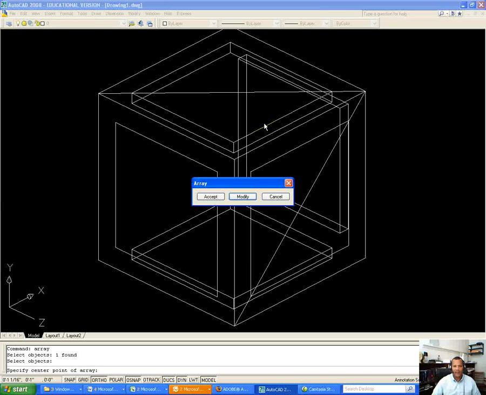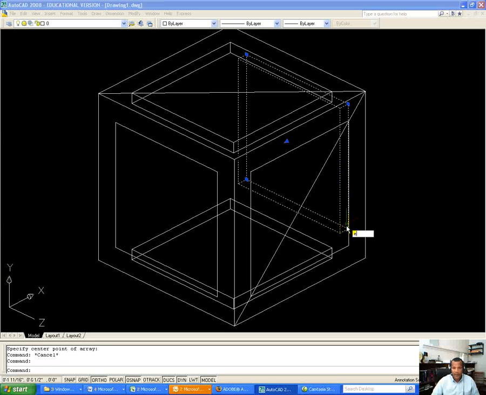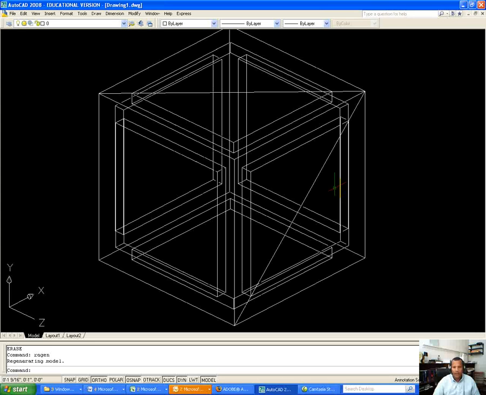Notice that objects here, here, and here appear, except now we do have one duplicate object, and that duplicate object will be where? It's going to be on this back face. So if I hit erase, undo, regen. Okay. Now we arrayed sideways, and we arrayed